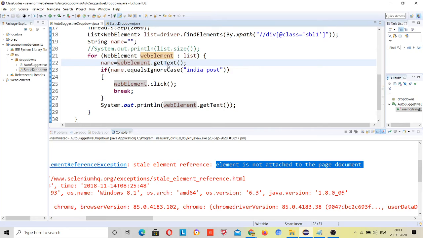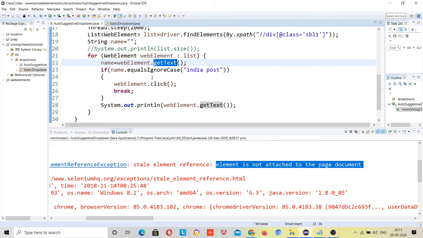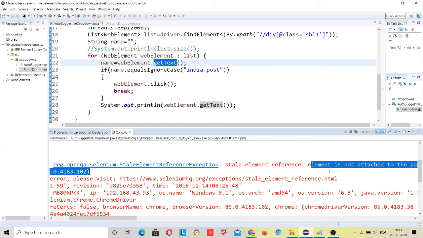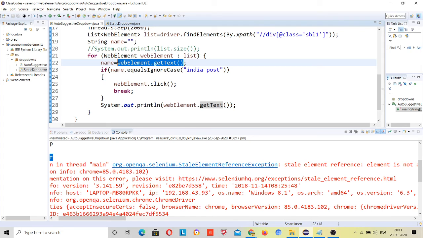But that web element was present in the previous page. After we clicked India Post, that was about the previous page. So that's why it said that the element is not attached to the page document, and it is not able to get text from that web element.